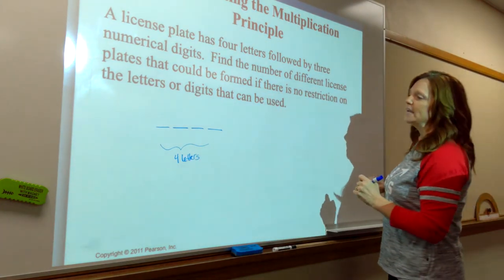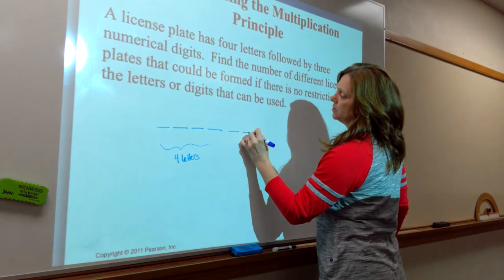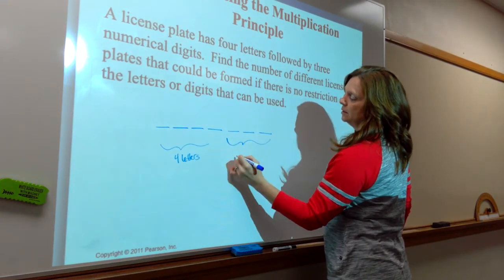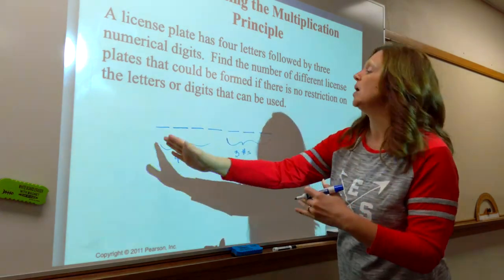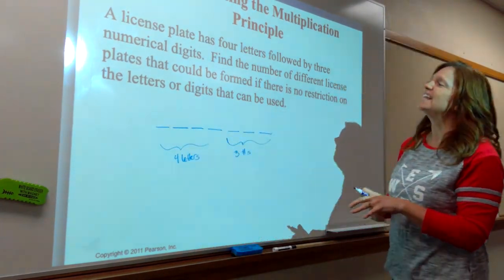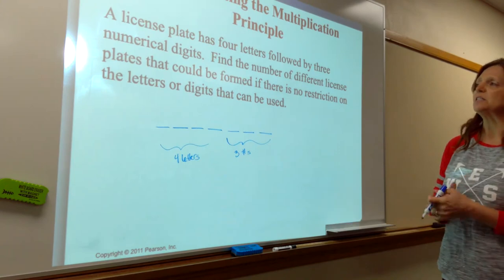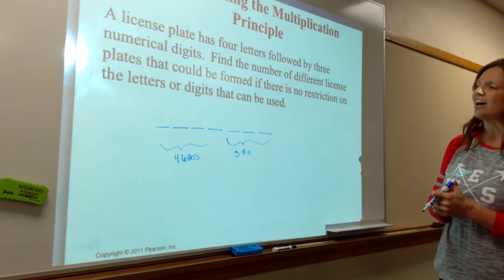Followed by 3 numbers. So 1, 2, 3. Okay, so stages, right? Each one of these entries is a stage. Find the number of different license plates that could be formed if there is no restriction on letters or digits